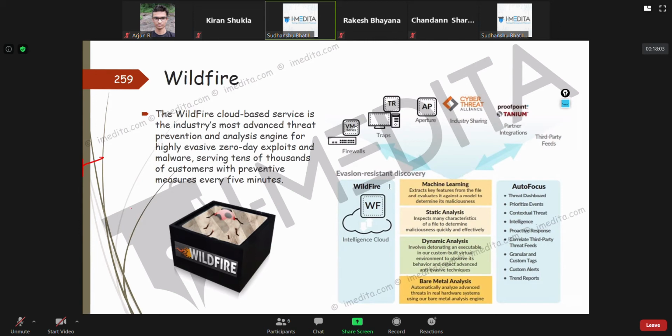In Wildfire, Palo Alto has Windows 7, Windows XP, Windows 10, Linux, Apple, and many such operating systems, and their virtual machines running. Once you upload the file, they'll try to run it in a controlled environment where they are constantly monitoring it.